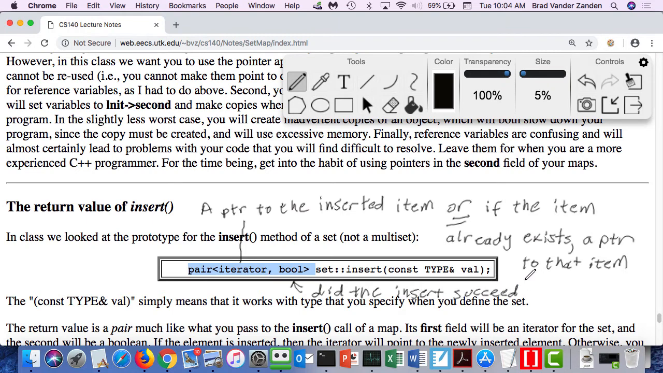And the insert succeeded if the item was not already there. If the item was already there, the insert fails. Okay, so succeeds,